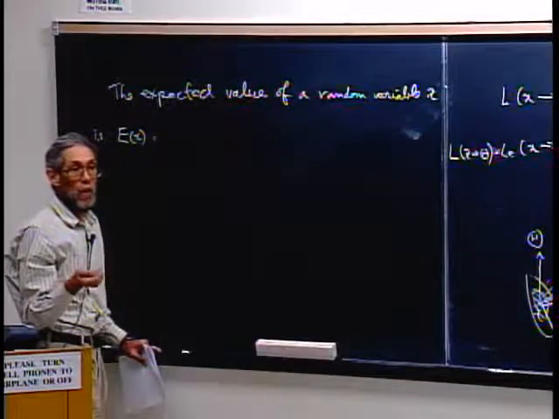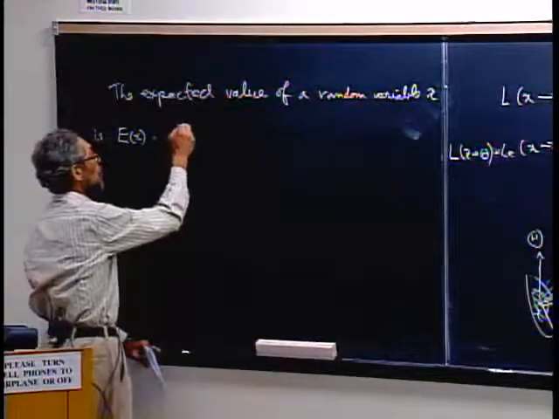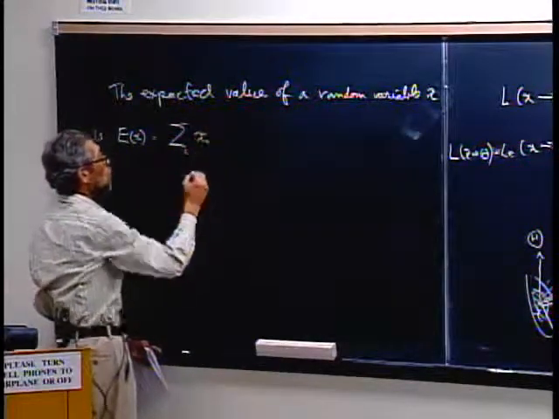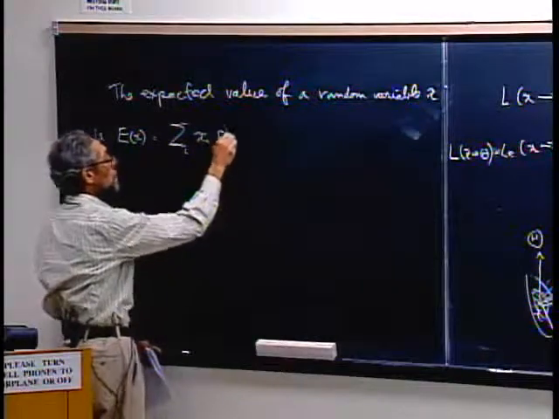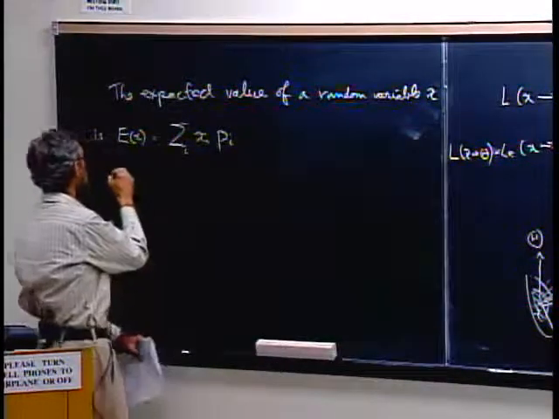We could ask, what is the average of the score we're going to get? And so what that is, is the sum over i of the score on the ith event times the probability of that event happening. So for a die,